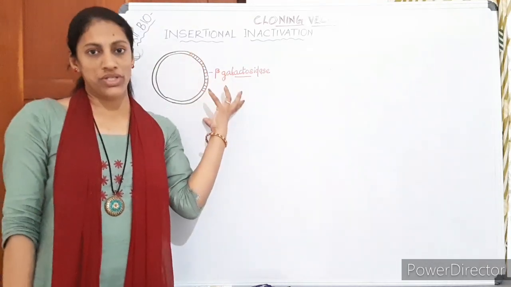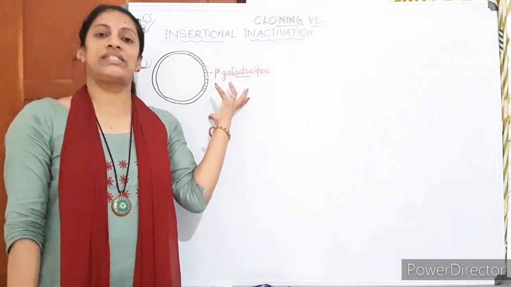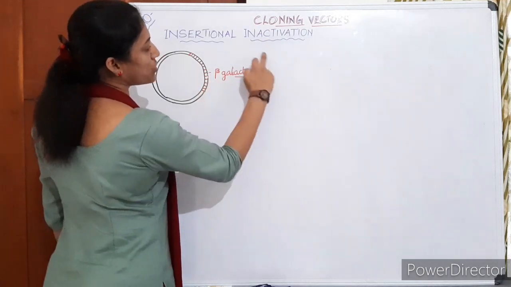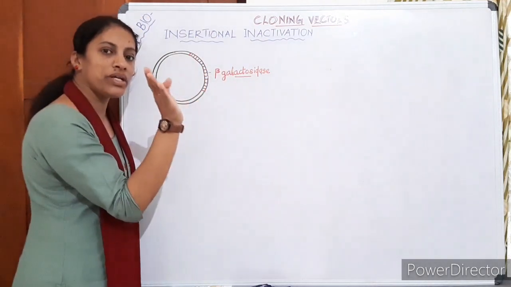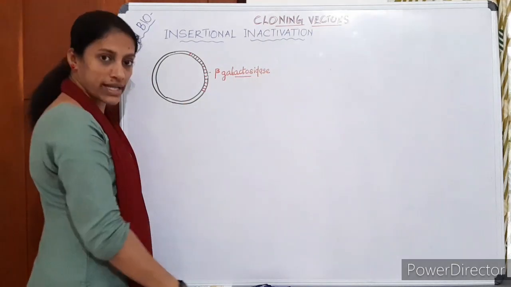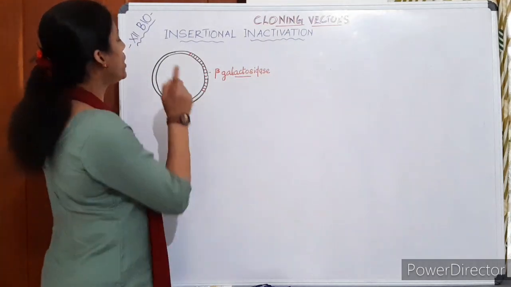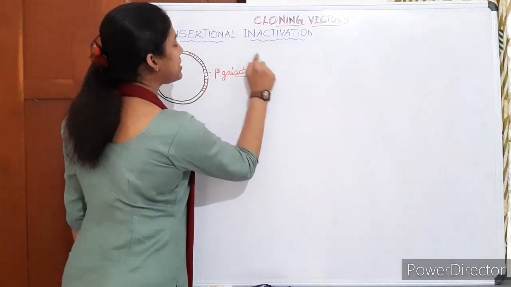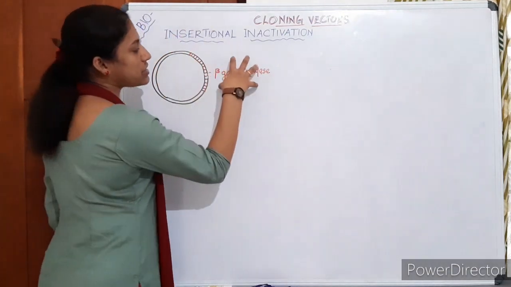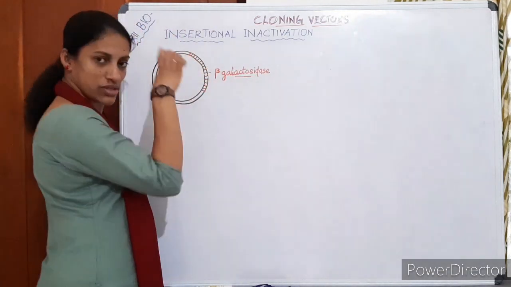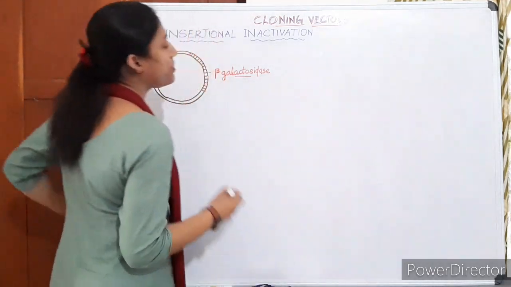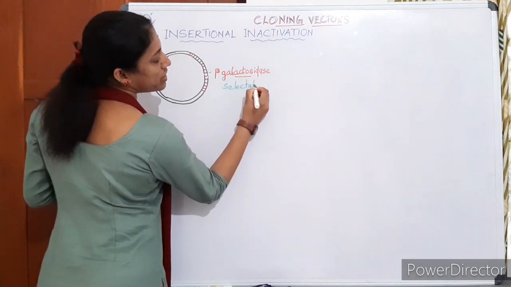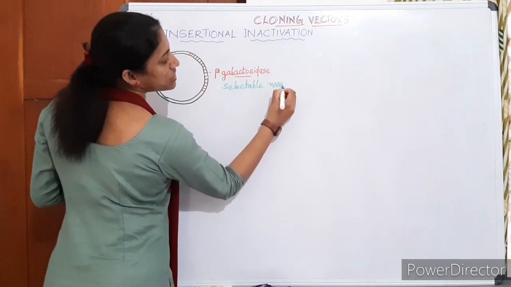Then come to this point: another example of a selectable marker is the enzyme sequence beta-galactosidase. Instead of the two antibiotic resistance genes in the previous example, pBR322, here there is only one sequence, the sequence of the enzyme beta-galactosidase. And this enzyme sequence, from here to here, suppose, is used as the selectable marker. So which is the selectable marker in this case? The selectable marker is what? Beta-galactosidase enzyme.